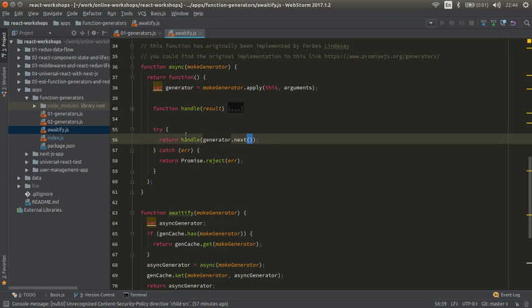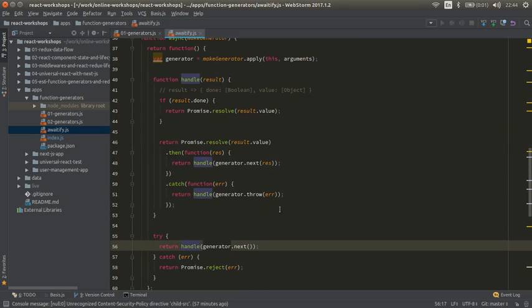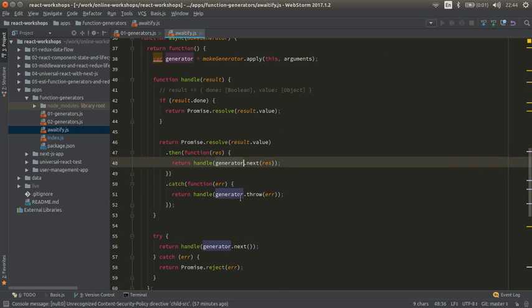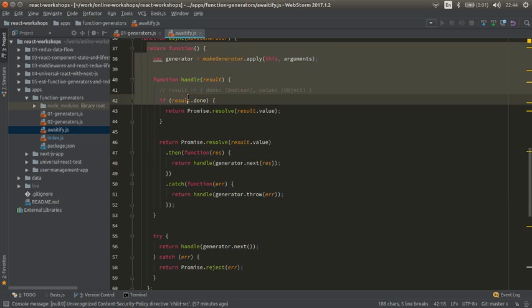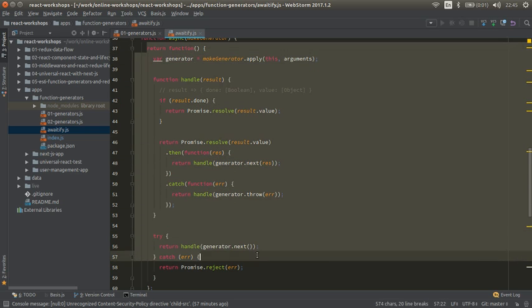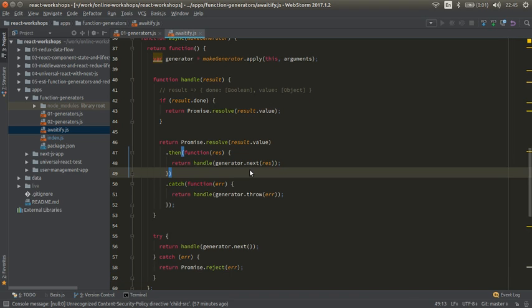Now, if you go to this handle function, you would see that it works like a recursive asynchronous operation. And you could implement this whole Awaitify library with just these couple of lines of code. This is all the algorithm that you should learn if you want to do that. So now,